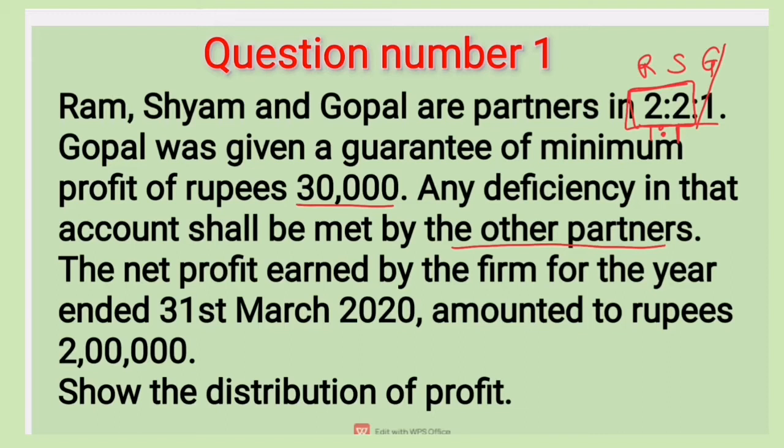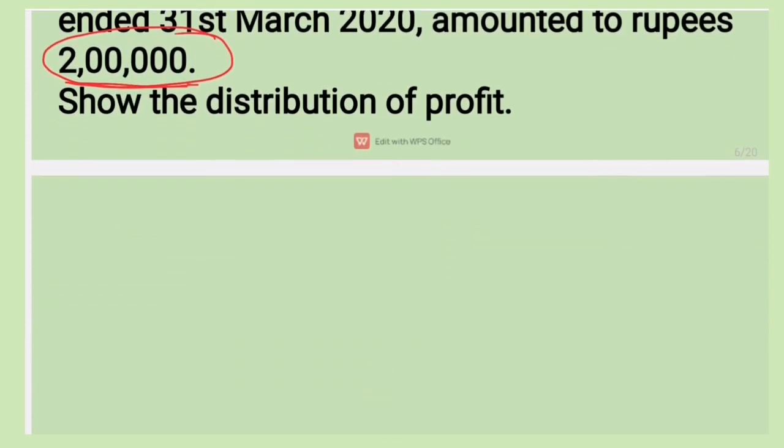The net profit earned by the firm for the year ended 31st March 2020 amounted to rupees 2 lakh. Show the distribution of profits. So if we see the total amount of profits, it is 2 lakh rupees. The guarantee given to Gopal is 30,000 and the ratio of Ram, Shyam and Gopal is 2:2:1. So let's see its working first. Profit sharing ratio between Ram, Shyam and Gopal is 2:2:1. And Gopal's guarantee is